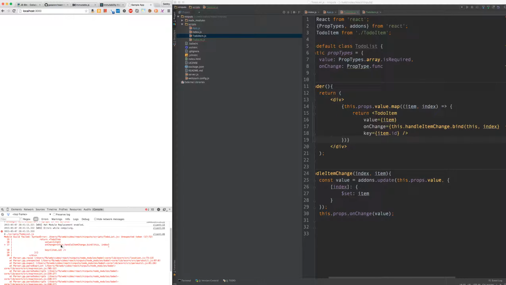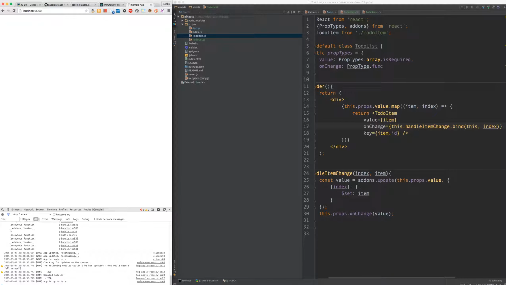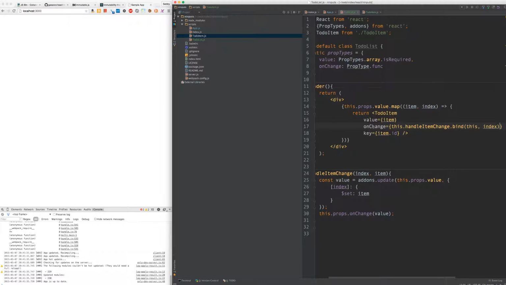Okay. On change, handle item change, bind index. I was just missing a parentheses. Cool. Love being able to get compile time errors in the browser just automatically. That's somewhat nice. And then we can just see if it updated and everything's fine. Appears. Cool. So we go into TodoItem, and now we have to fulfill this API of the value in the